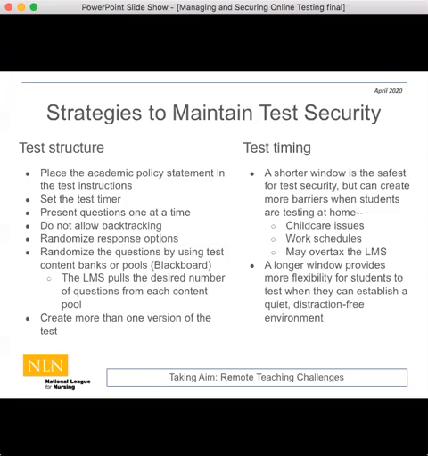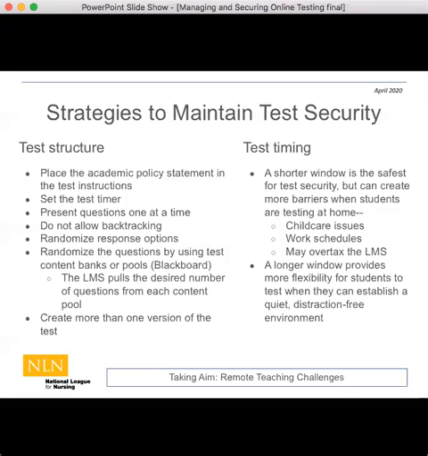So let's talk about maintaining test security. It's important that you want to be sure that they're aware that you're maintaining academic standards, and the expectation is that they will not cheat. And I generally will put a statement in the instructions that says, by submitting this test, I adhere to the policy, that sort of thing.